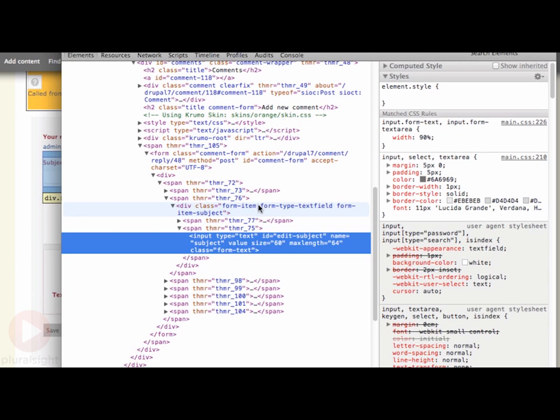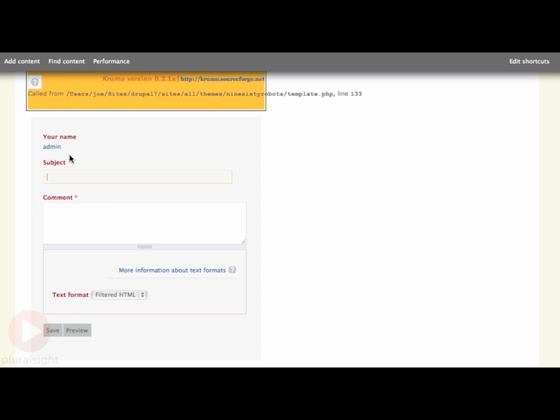What we can do now, though, is start to add some additional HTML to this form in order to help spruce things up a little bit. If you'll remember, what we wanted to do was try to get our author or your name field here and our subject field in line with one another. So instead of spanning two lines like this, we'd like them right next to each other. Using the 960 grid system, this is actually pretty easy. We can just wrap each of these elements in an additional HTML div with a special class, and they should